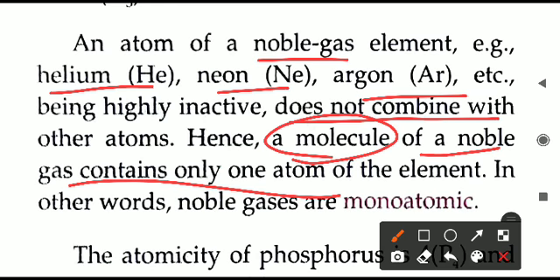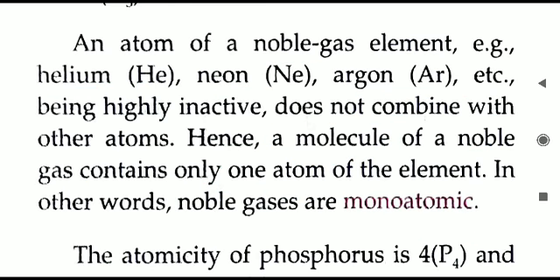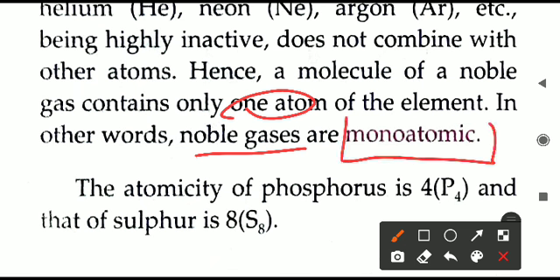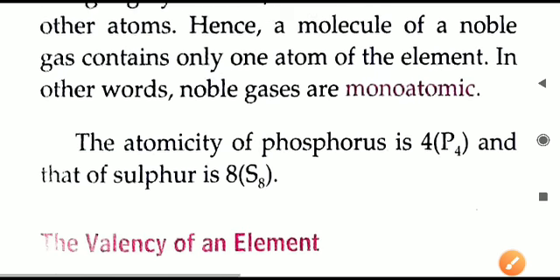It is not a group of atoms in the noble gases, and therefore, because the molecule has only one atom, that is why noble gases have an atomicity of 1. Atomicity 1 gives the term monoatomic. Mono means single, only one, atomicity is 1, therefore it is called monoatomic. So three things we have learned about atomicity: monoatomic, atomicity is 1; diatomic, atomicity is 2; triatomic, atomicity is 3. You have seen an example of each of these kinds.